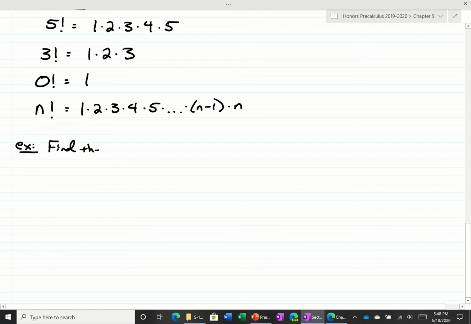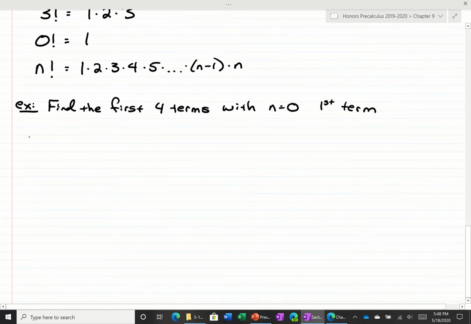Find the first 4 terms with n equals 0 as the first term. So let's see this one. How about a sub n is equal to 2 to the nth power divided by n factorial. And if we want to get the first 4 terms,